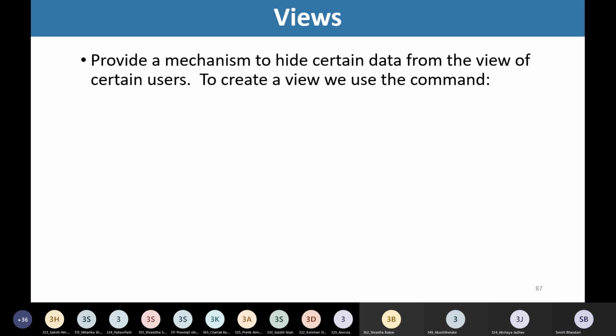So views are actually providing us a mechanism to hide certain data from certain users. So we are restricting the users to see some part of the data from the tables, right? So if we want to do this, we are having a specific SQL statement. So to create a view, we are making use of this statement create view.